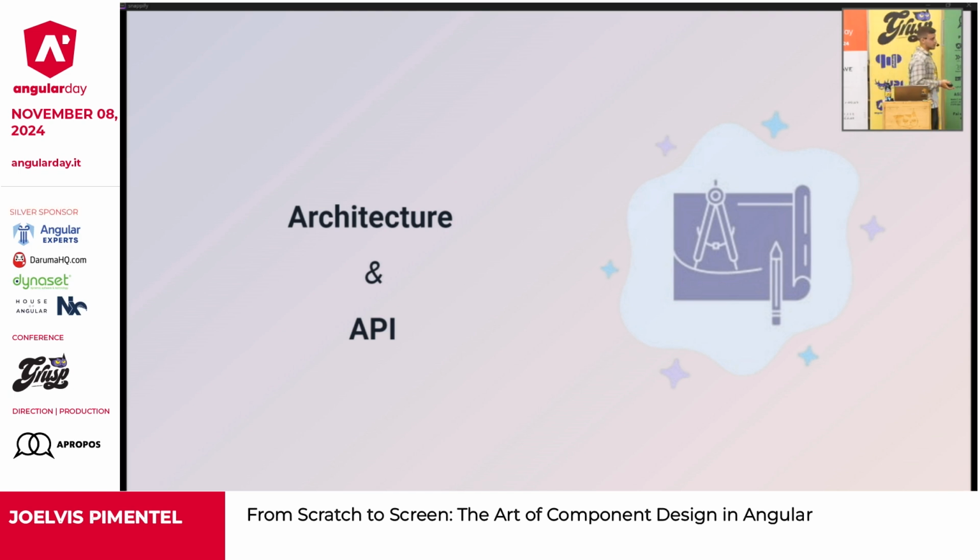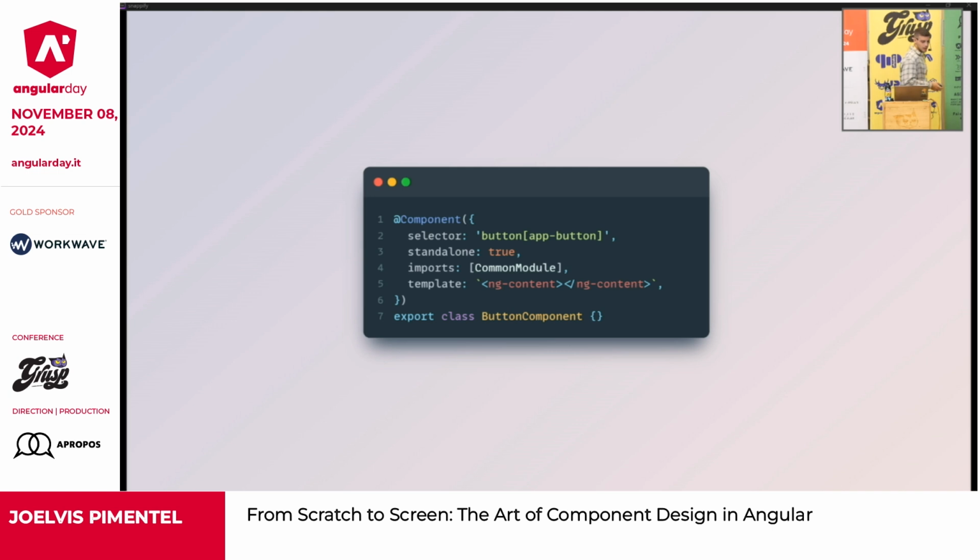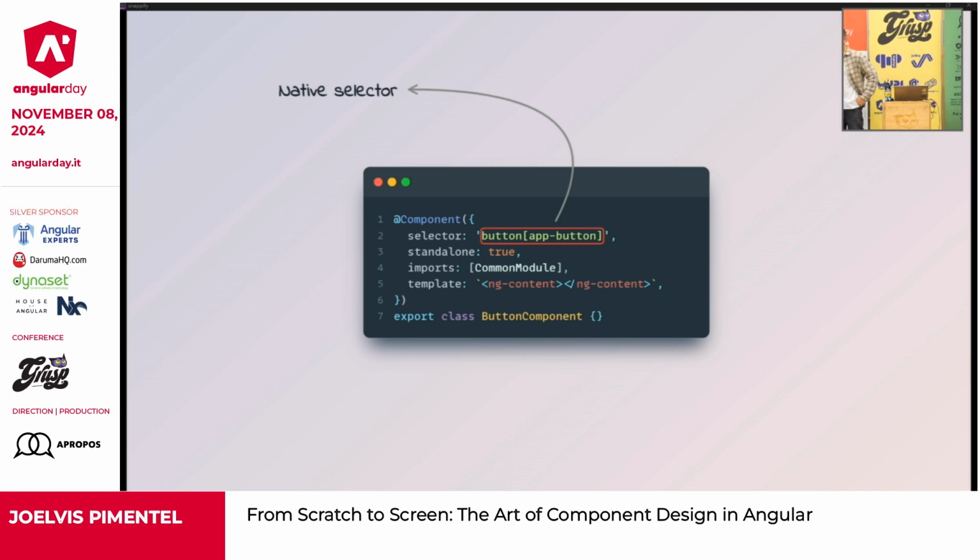And it's a crucial step in the development process because we are avoiding mistakes that can potentially lead to technical debt in the future. So let's take a look on what we can do to improve the button made by Joseph and make it, let's say, perfect. Okay, first of all, what we can do is using a native selector. This way, the browser is going to treat our button like a native button. No need to re-implement all the features.